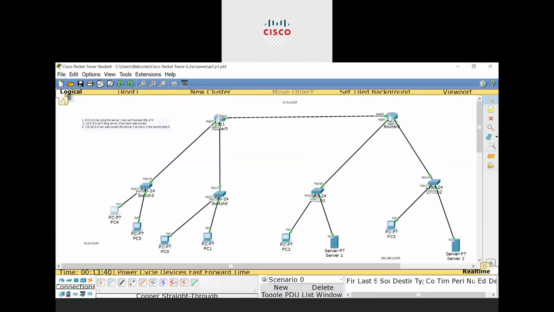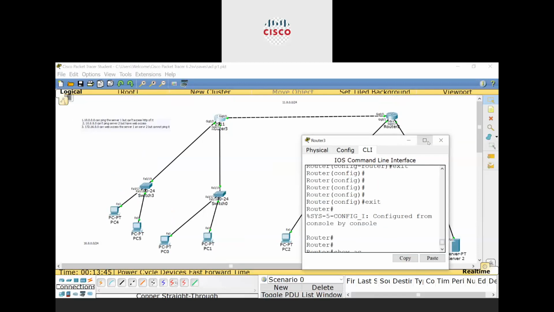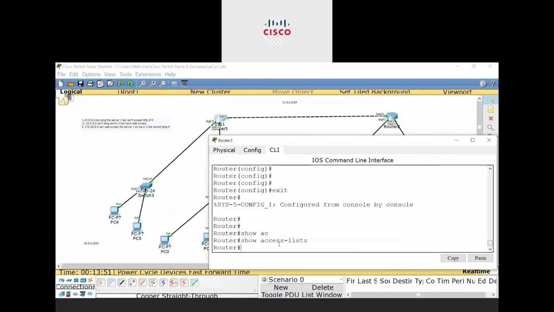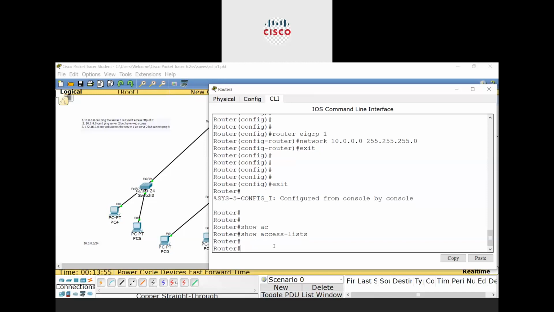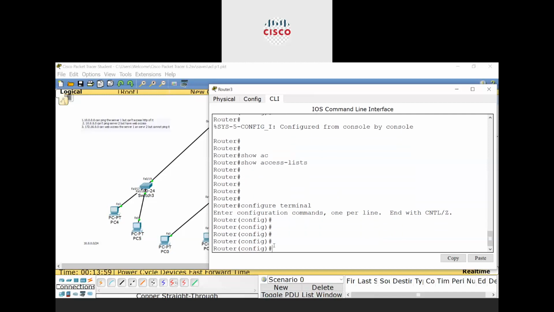Let me continue with rule number 1. Now what will we do? We will configure the ACL, and which ACL? The extended access control list. Today I will demonstrate the named access control list, how to configure a named extended ACL.